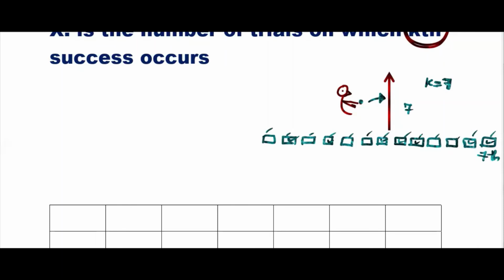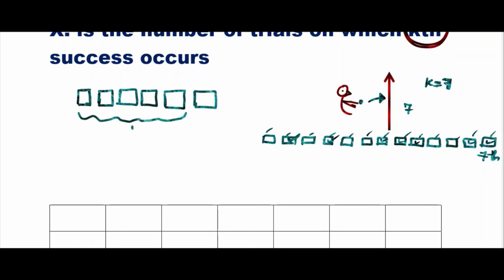In this example, I assumed the successes came this way, second time, then fourth time. This is an assumption. You never know, you have to go with P and Q. If you start with the box procedure, because you are thinking about getting the kth one, what will happen here? You have to get k minus 1 in n minus 1 trials.